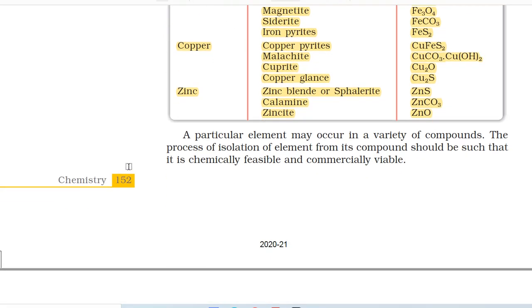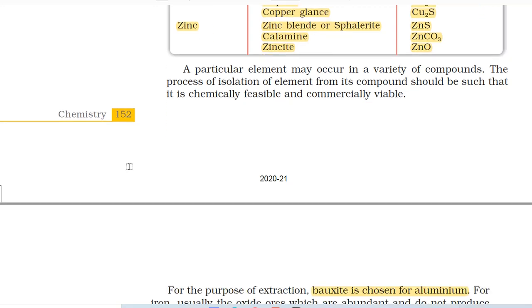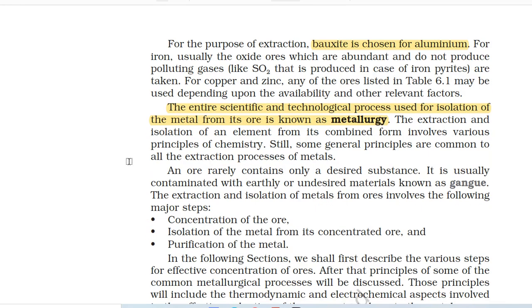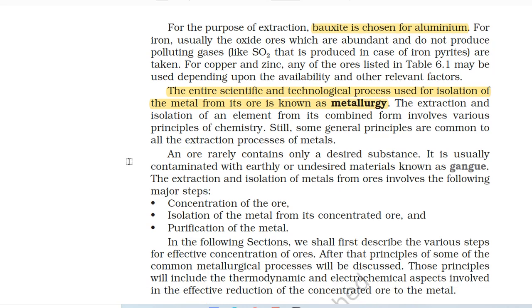A particular element may occur in a variety of compounds. The process of isolation of element from its compound should be such that it is chemically feasible and commercially viable. For the purpose of extraction, bauxite is chosen for aluminium. For iron, usually the oxide ores which are abundant and do not produce polluting gases like sulfur dioxide, that is produced in case of iron pyrites, are taken. For copper and zinc, any of the ores listed in Table 6.1 may be used depending upon the availability and